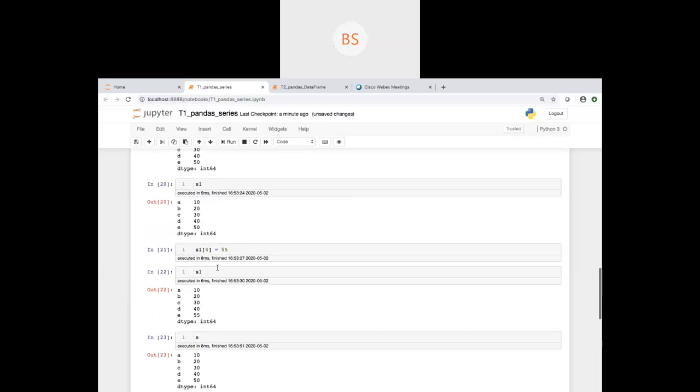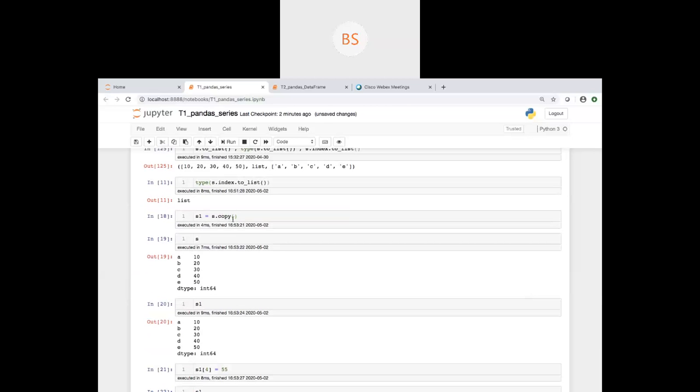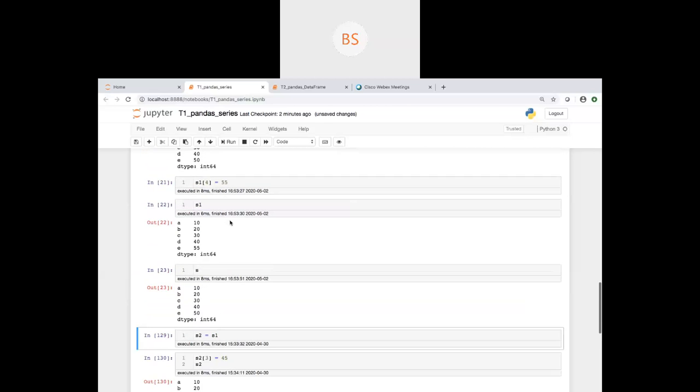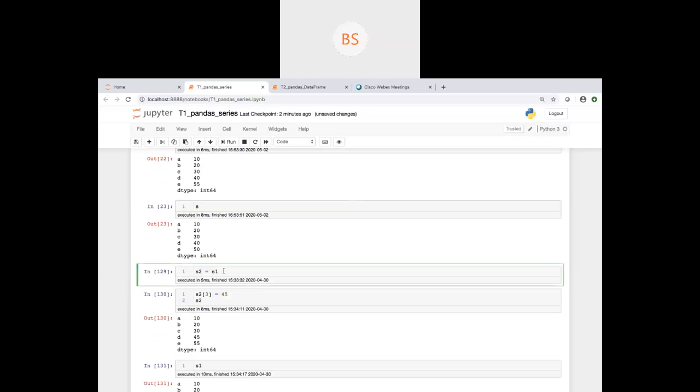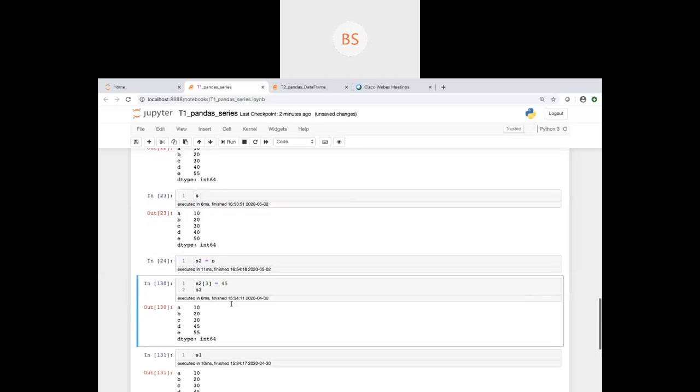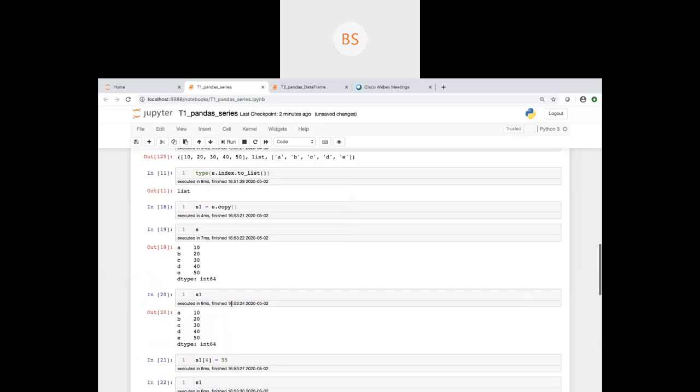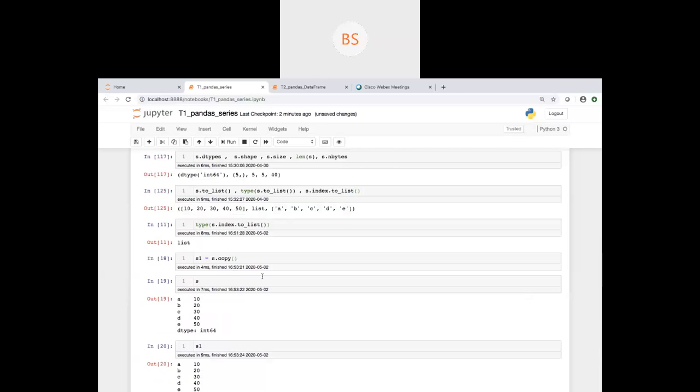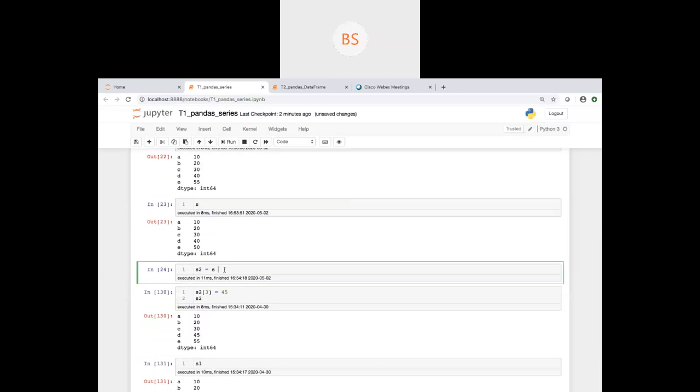But instead of doing it like this with copy, if you directly assign to a new variable, let's say s2, I created the new list, but right before I was using copy. Now I am directly assigning the new variable s2 to s1.